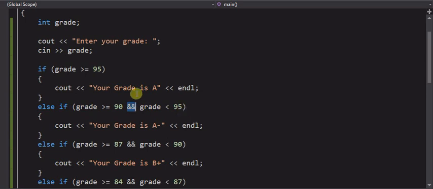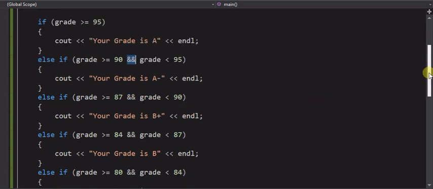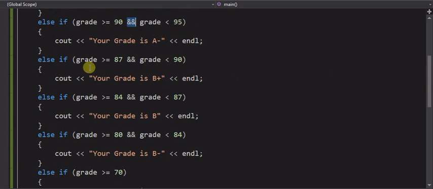Let's see, how can we do this? What's the best way to do that? Let's work with the B ranges in here. So we're saying here this has to be greater than 87 and less than 90. Alright,